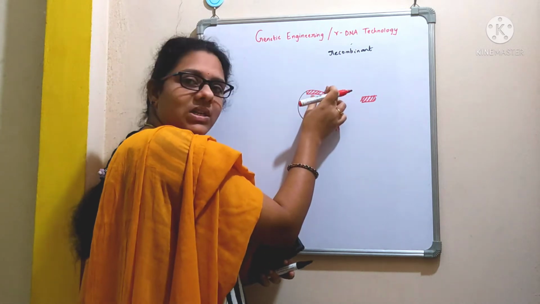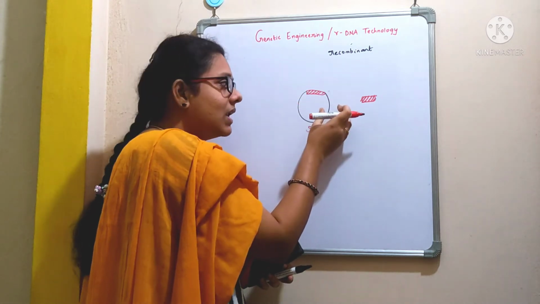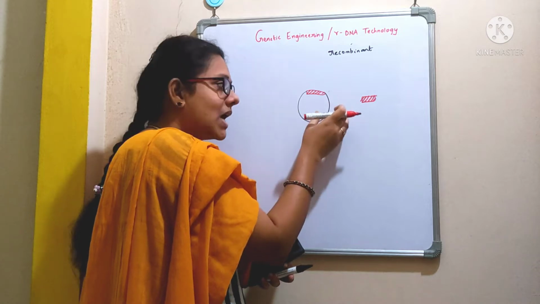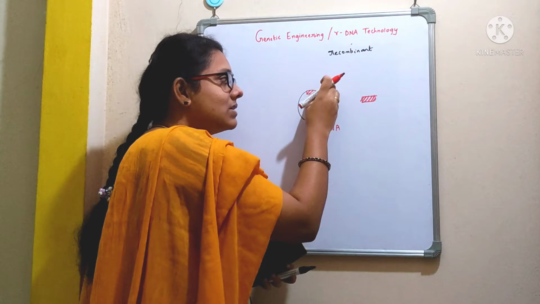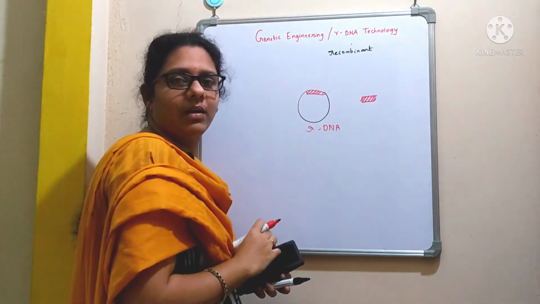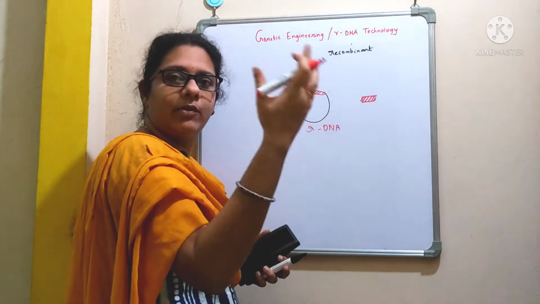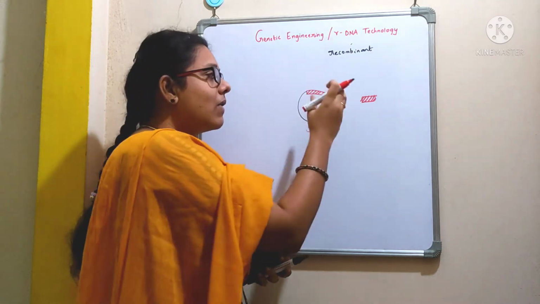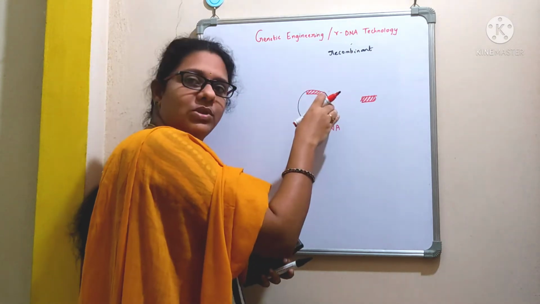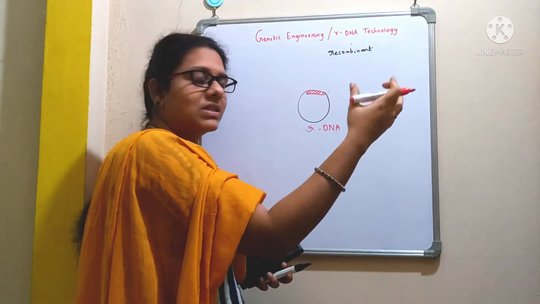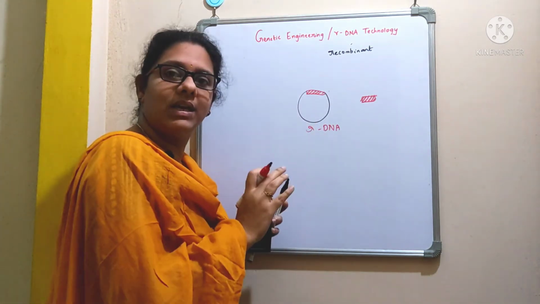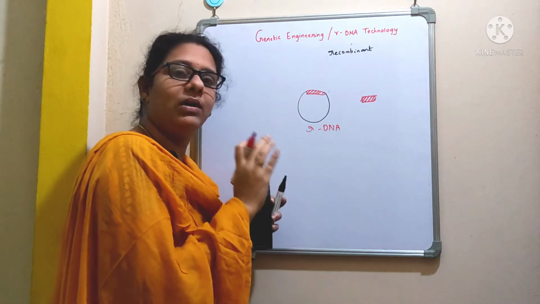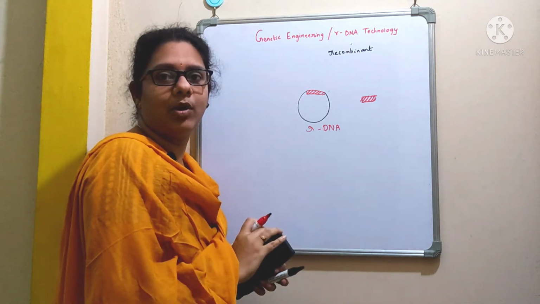This is one gene which codes for the hormone insulin, and this is the plasmid which I isolated from a bacterial source, and this gene is from any other source, from any animal or from a human being, right? So now I am going to combine these two genes from two different sources. That is nothing but recombination. So in this genetic engineering technology, we are going to produce recombinant DNA molecules.